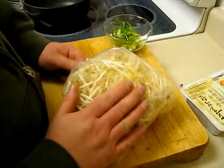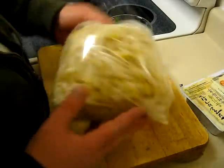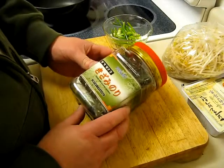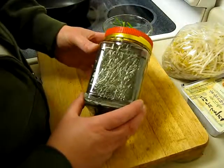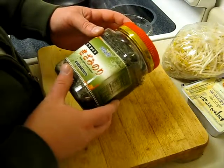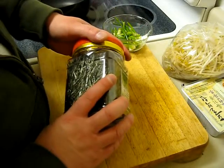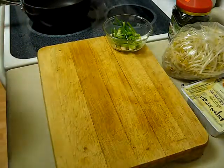Bean sprouts. Get these at your grocer, your Asian grocer as well. And then finally, seaweed. So we're going to add this nice, pre-shredded for our pleasure seaweed. I think this is some Korean seaweed, but we'll be adding this as well. It gives a nice flavor. And then the final one is some